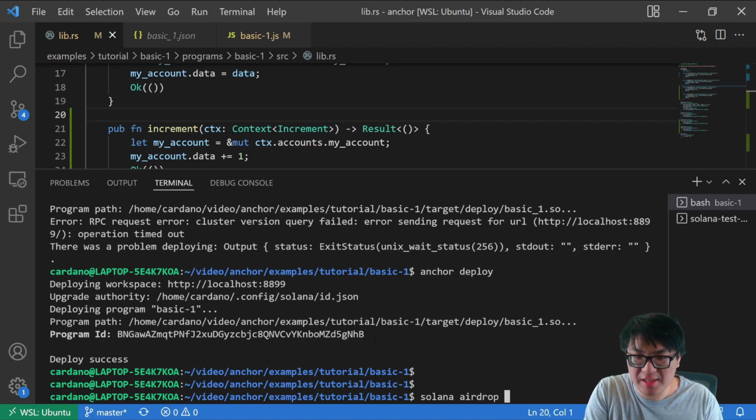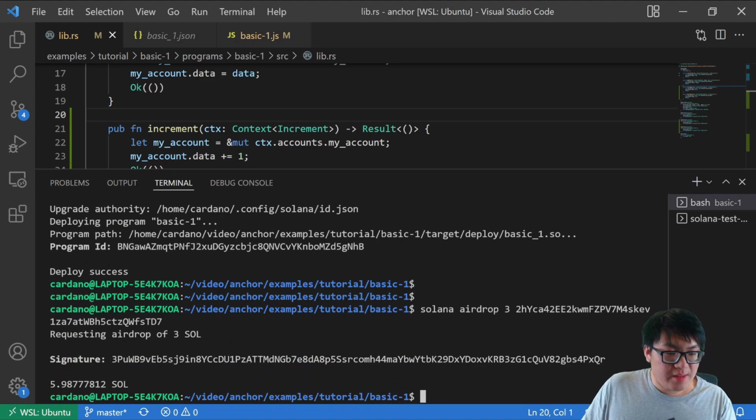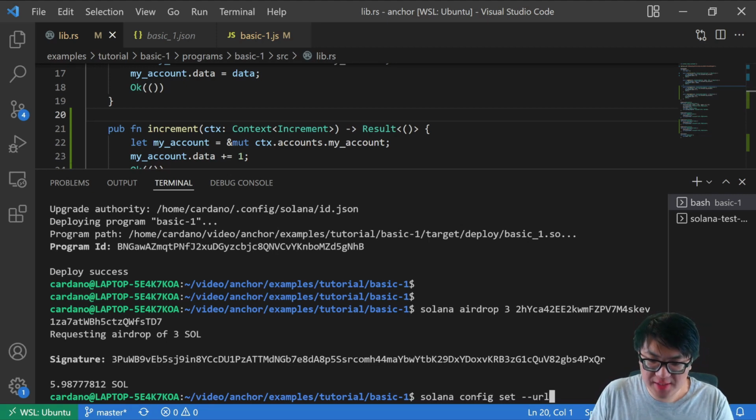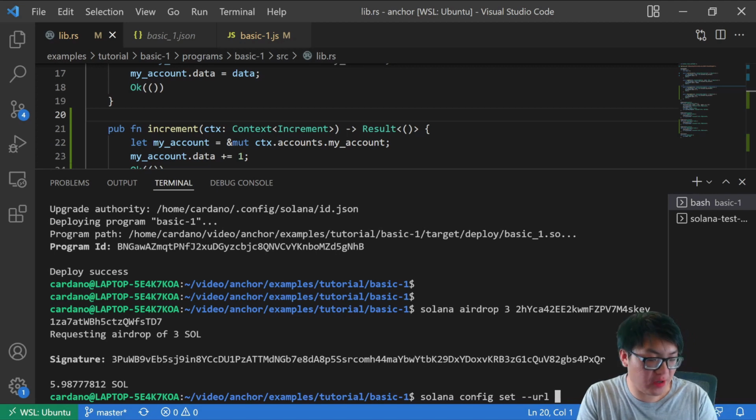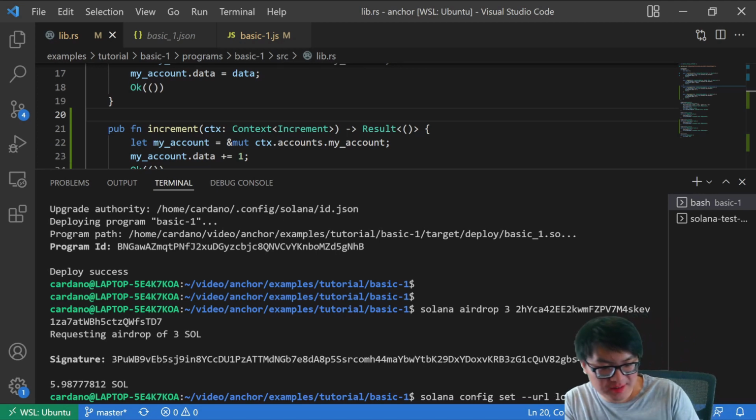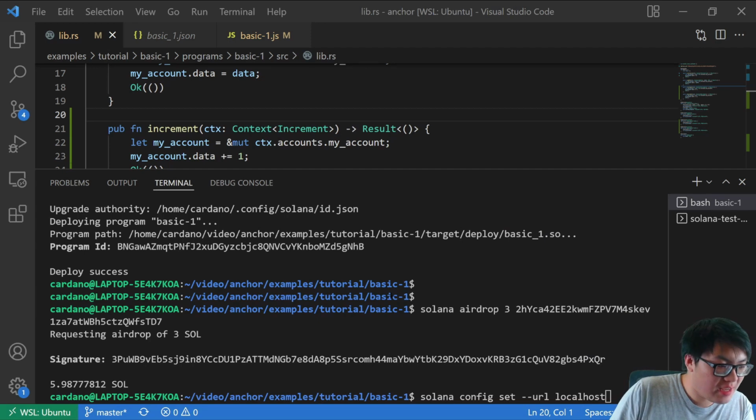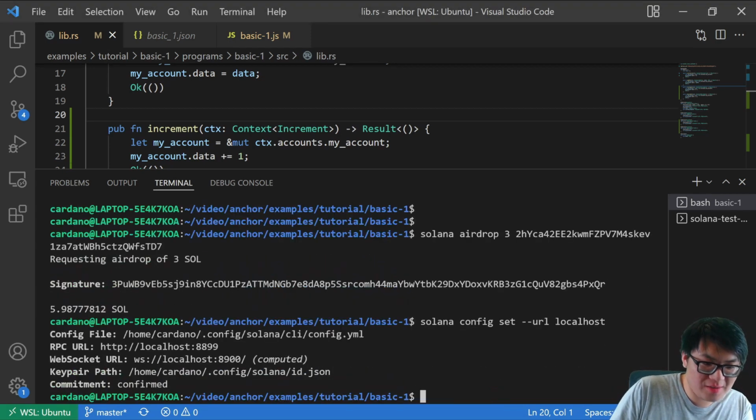Set the amount. I think there's a hard cap. It can't be greater than 10 or something. So just to be safe, let's just do 3. And then we just paste in the address. And there we go. We added 3 SOL into our wallet. It's important to note that you might have to do a solana config set to set your instance to be localhost. Otherwise, it might not work. Yes, I was right. It's solana config set --url and just type in localhost. Never get the camera right. Yep, localhost. So we set this so our commands actually run on localhost,